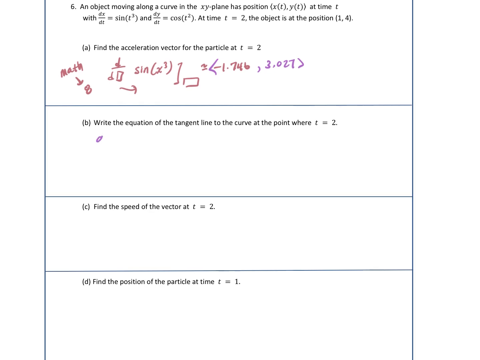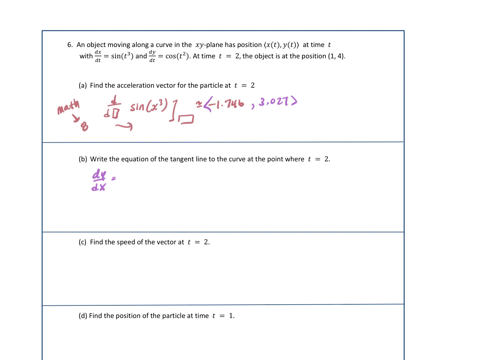Write an equation of the tangent line at t equals 2. So we need dy/dx, and we need it at 2, okay? So again, this is dy/dt over dx/dt, and we're doing it at t equals 2. So we're really simply going to do cosine of 4, I'm just plugging into what they give us, over sine of 8. And when you simplify that, you're going to get